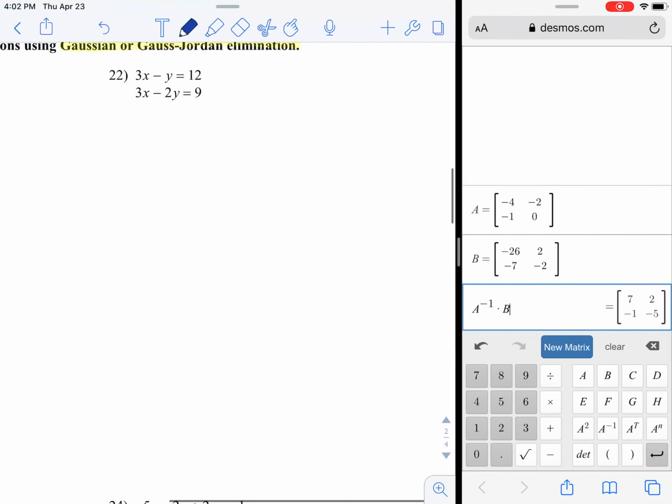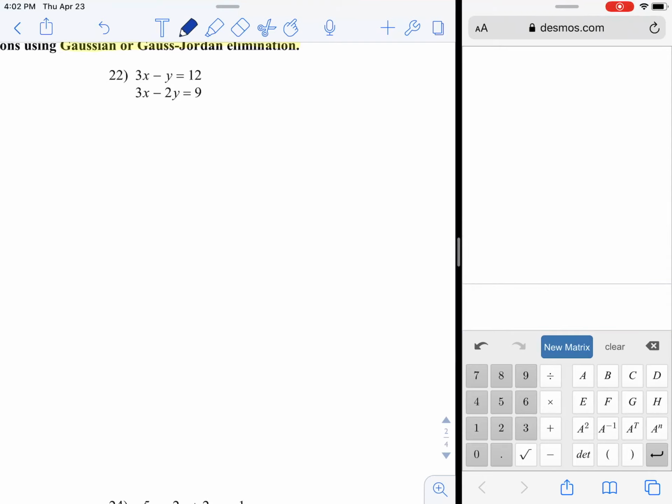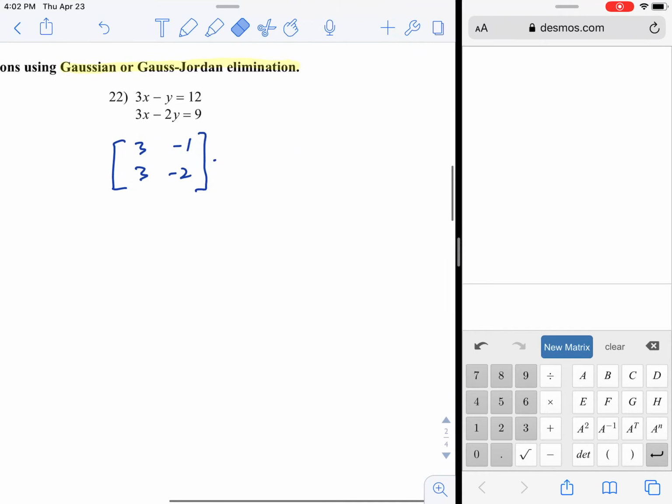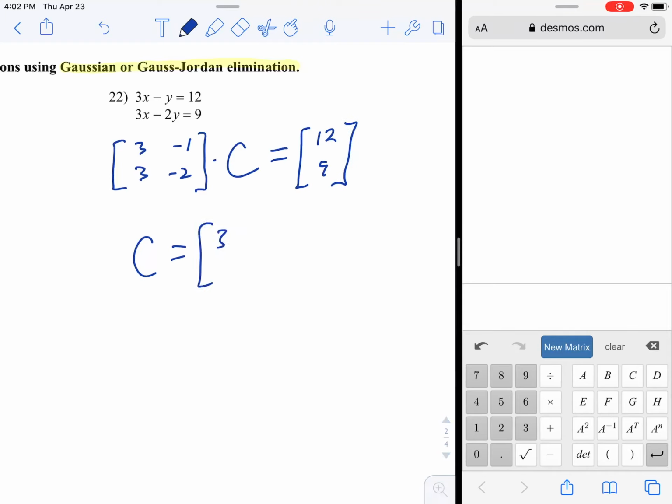So the way to do this, like number 20, using a calculator, is to first set it up. So 3, -1, 3, -2. That is our coefficient matrix. Next to that, you can either put a variable matrix of x and y, that reflects the fact that there's x's and y's in this equation. Or if you want, you can do something like number 20, where you just pick a capital letter and use that instead. And it doesn't matter. You can do it either way. I don't care. But to solve this, solve for c, we need to do the inverse of the coefficient matrix